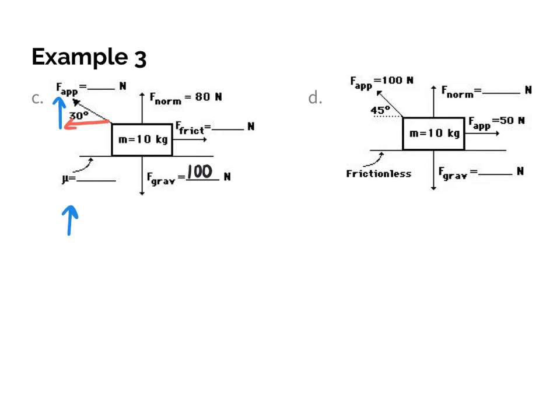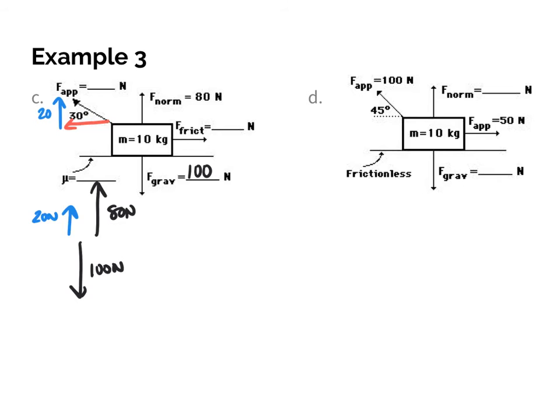So upward, I have that vertical component. I have the normal force, which is 80 newtons. I have gravity downward, which is 100 newtons. So what does this blue arrow need to equal? Well, the blue arrow needs to equal 20 newtons in order for me to have that 100 newtons of force. So just like previously stated, my normal force is going to be a little bit less because now I have a vertical component here of 20 newtons that's taking away from that normal force, but still balancing out with gravity,